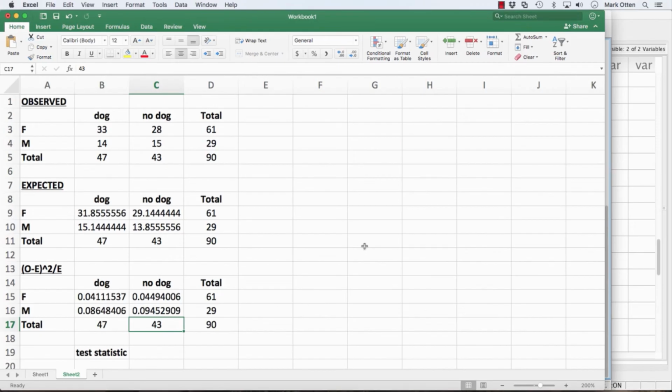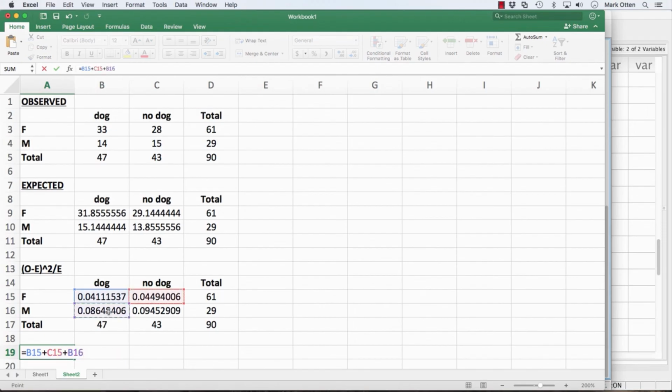Okay, so all you got to do from here, you've done most of the work now, all you got to do is take your 4 values here in this observed minus expected squared divided by expected table and sum those up. So I'm just going to go equals. I'm going to click on each one with a plus in between. And this sum is going to be your test statistic for the 2-variable